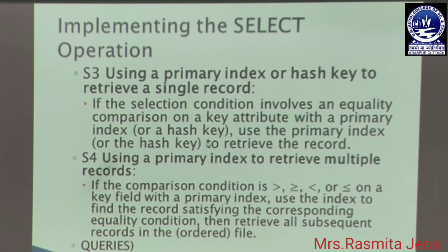We have already seen one example: select the employee information whose SSN number is 666888444. In that case, we may implement the primary index or hash key to retrieve the single record. Then comes using the primary index to retrieve multiple records. That means if we want to retrieve a single record by using the primary index, then in that case we use